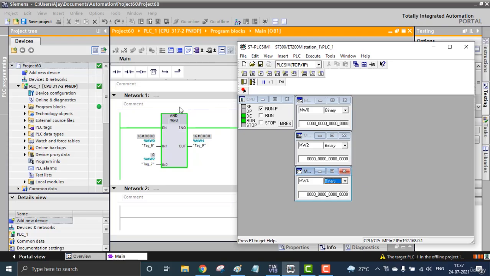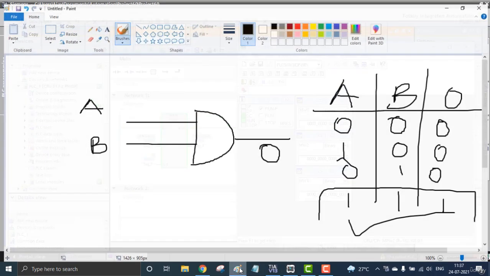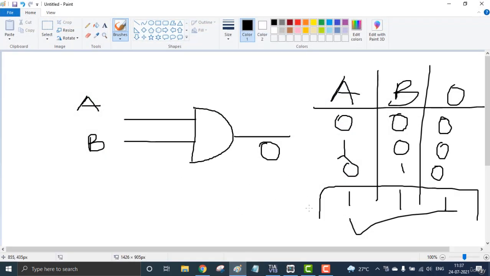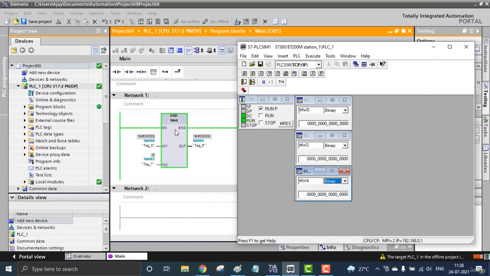The AND gate means both inputs should be on to get the output, like I can draw in Paint. 1 1, we get the output 1. So as a word operation, you can see, making the first one as 1 here, here I'm using 1, and we are not getting any output right here. This is the output, and I'm making the corresponding bit of the second input 1.